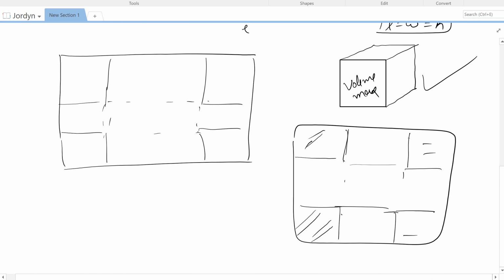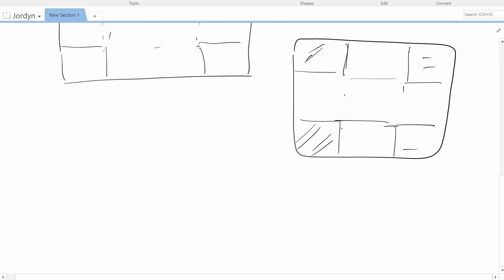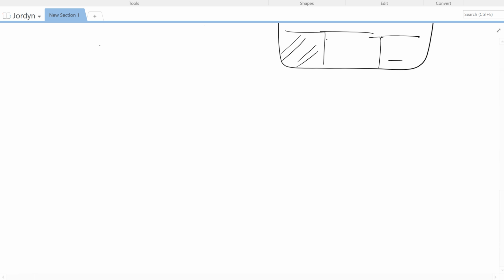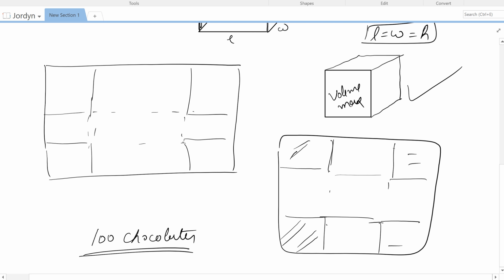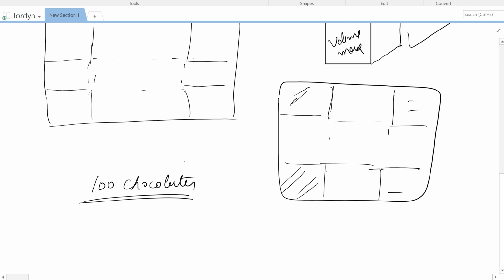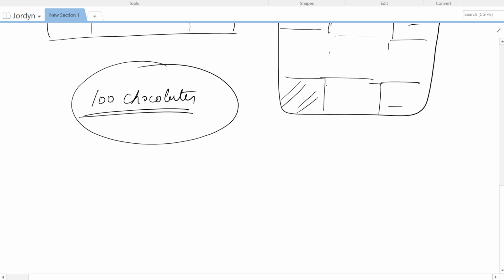Now, the next case was minimum surface area. Now, in order to minimize the surface area, what we're going to do, if a school gives you a project, and the project is you have to put 100 pencils, or let's say chocolates, you have those many chocolates and you have to fill in a box, right? So now we have a fixed volume. Volume is like these many objects, right? And we have to design certain